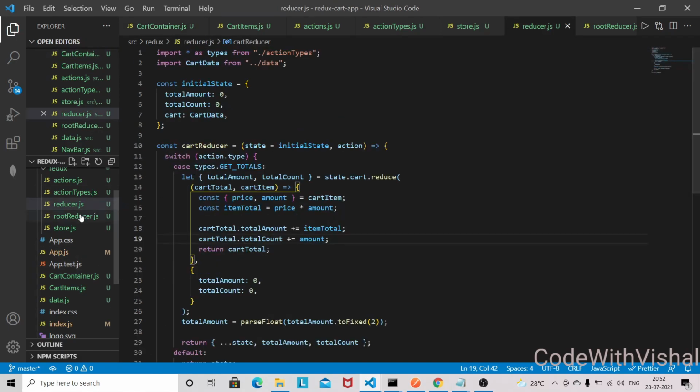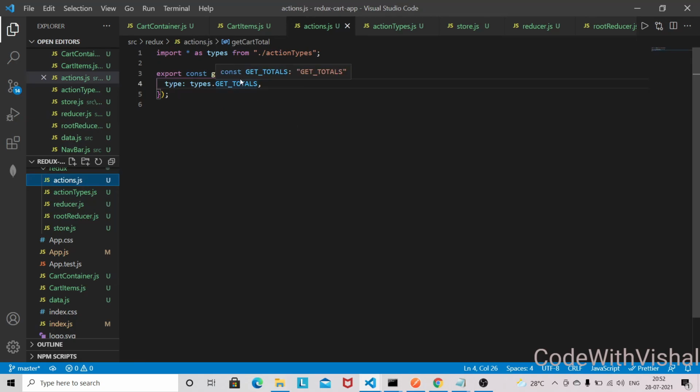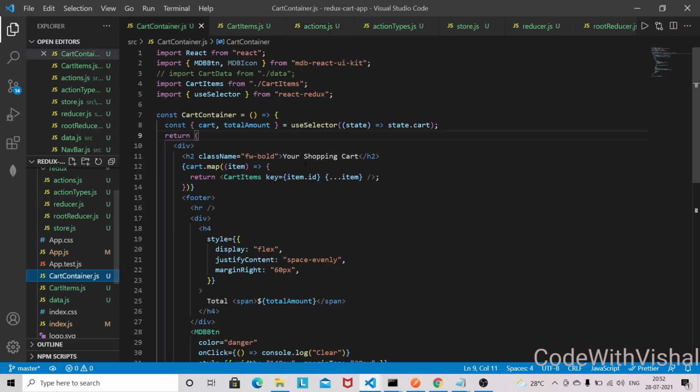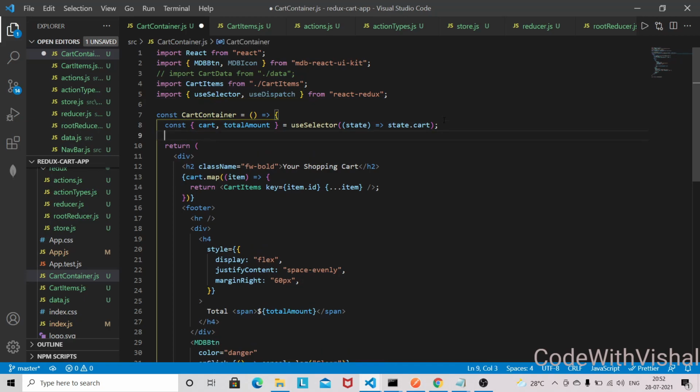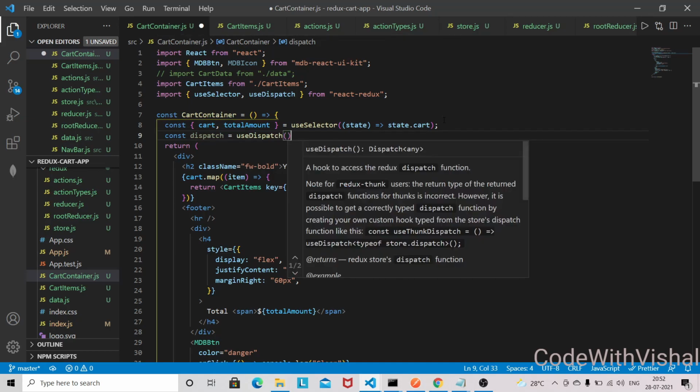We have to dispatch this action. Then only we'll get the total amount of our shopping cart. So in the cart container we have to bring this use dispatch as well, and we need to store this use dispatch reference in a dispatch variable, then only we can dispatch any action.